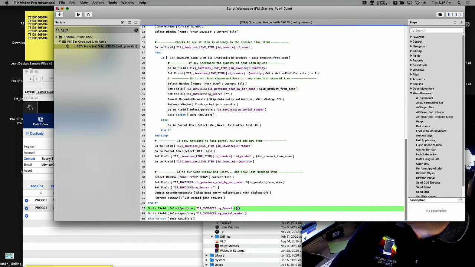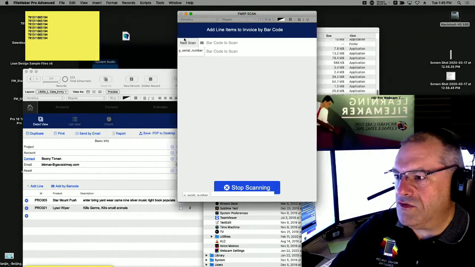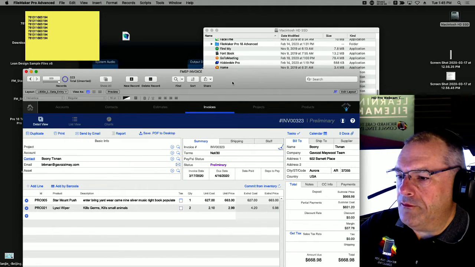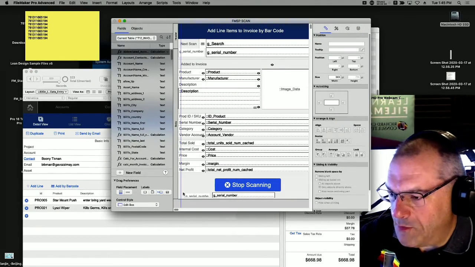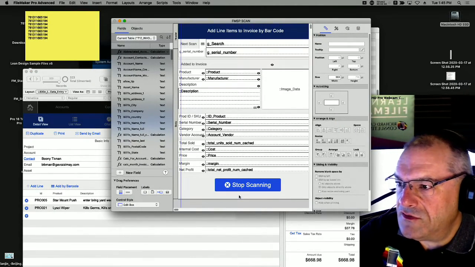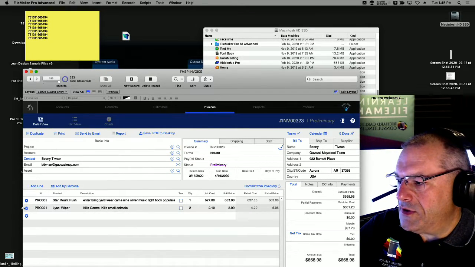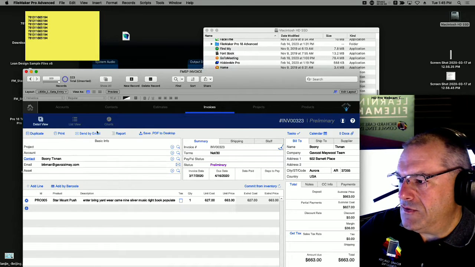I'm going to attempt to run the code. So the idea, once again, is browse mode, close, or just close that one right there. It's still on the layout, though. Here, hang on. Let me get rid of that. It's down here at the bottom. I might get confused as to which one to stick it into. There we go. Browse mode. All right, close. All right, so here's the idea. I'm going to go ahead and get rid of Lysol wipes. I'm going to say delete. I'm going to go ahead and run